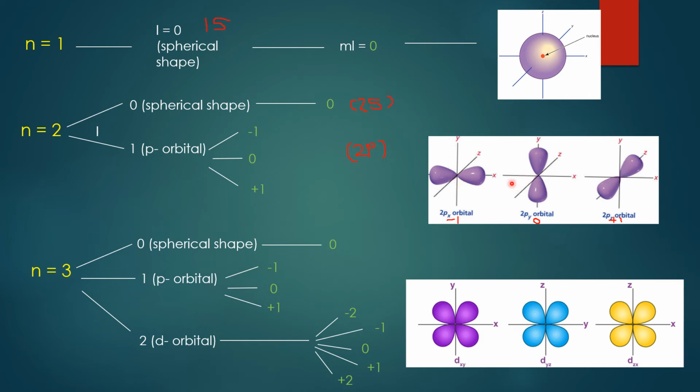Okay. We just said that the s orbital belonging to the first shell is called 1s. The s orbital belonging to the second shell is called 2s. Likewise, the s orbital belonging to the third shell will be known as 3s. The p orbital for the second shell is called 2p, while the p orbital belonging to the third shell will be known as 3p. And the d orbital of the third shell will be known as 3d. 3 means third shell, d because L is equal to 2.